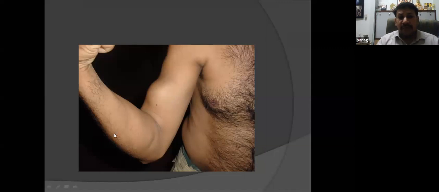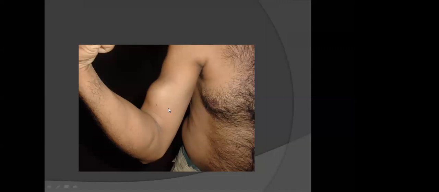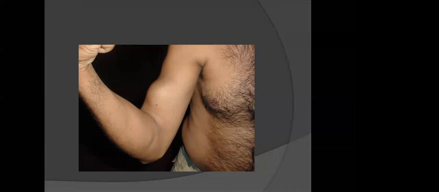Okay, anybody can tell me what sign this is? Popeye sign, sir. It is a Popeye sign, right? What does it suggest? Biceps tear. So it actually suggests long head of biceps, LHB, is torn off, and then it retracts down. So that's probably the simplest of signs, but you shouldn't miss it. So it can happen in isolation, but most of the times you have these patients who are in their mid to late 40s, and they come with that, they're very likely to have a concomitant rotator cuff pathology.